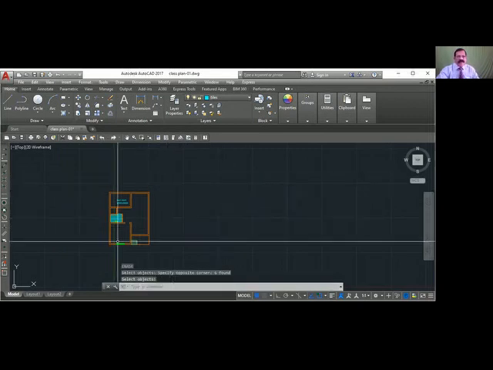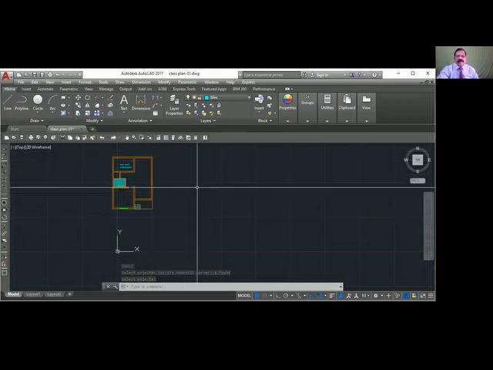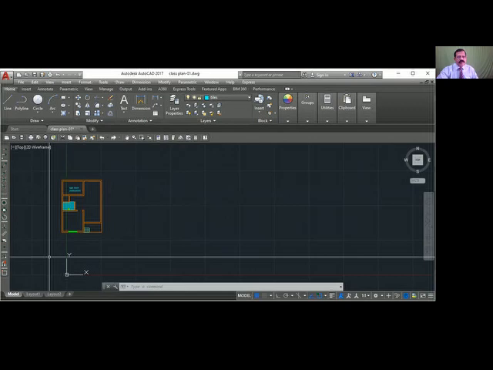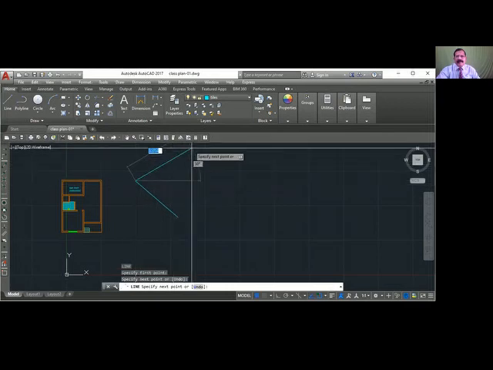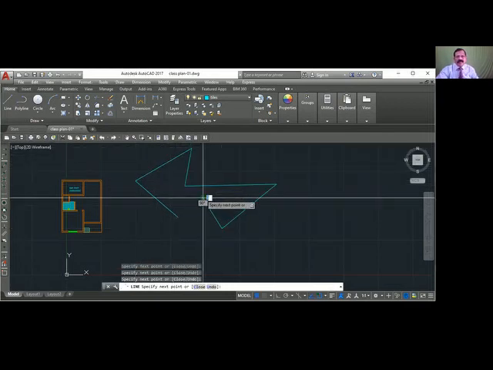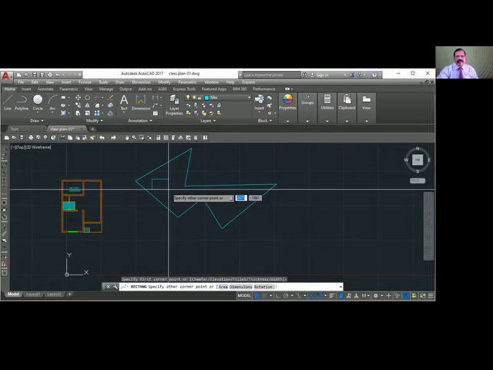I want to find the area of this plinth area of this building. So I have to use a command called area. So let us see how to find the areas of objects. I'm just drawing a line. One object. I just created one rectangle inside.